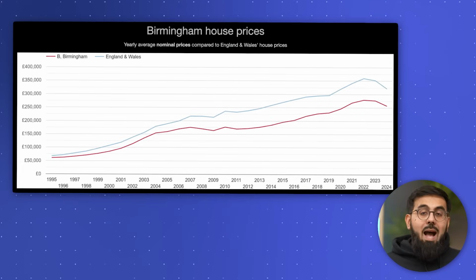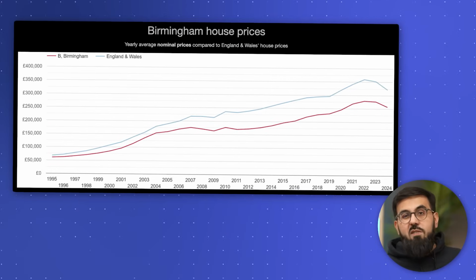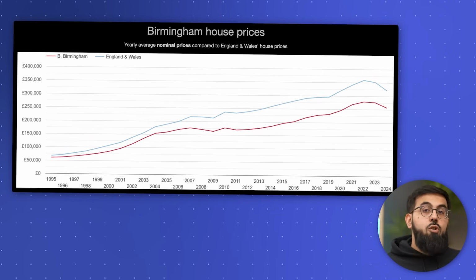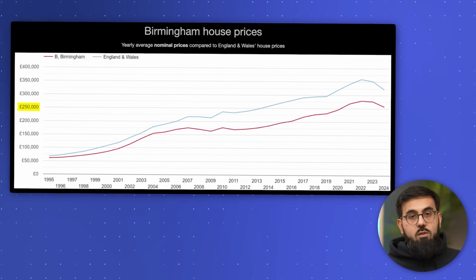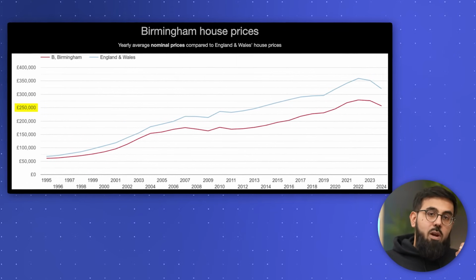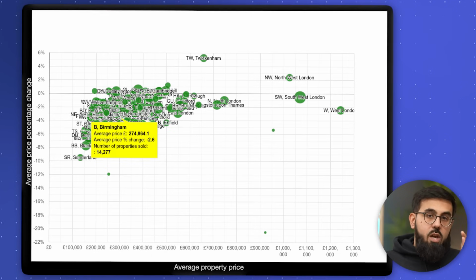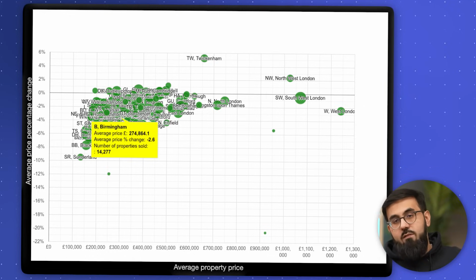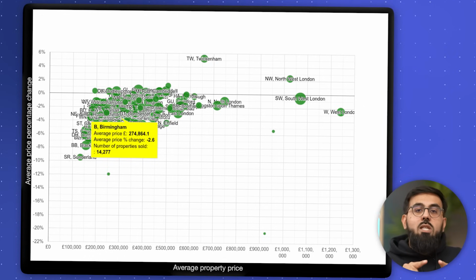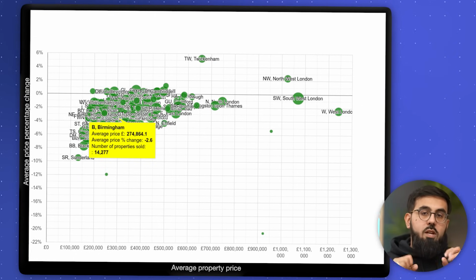And this, of course, is partly the COVID effect, where remote work became normal and folks realized that they can work from anywhere and have a much better quality of life as well. Let's look at Birmingham in particular. A house in Birmingham would cost you about 50k back in the day, but now it costs you a minimum of 250,000. And my bet is that house prices are going to rise everywhere, but they are going to rise disproportionately fast in the top 10 or so cities outside of London in the UK.